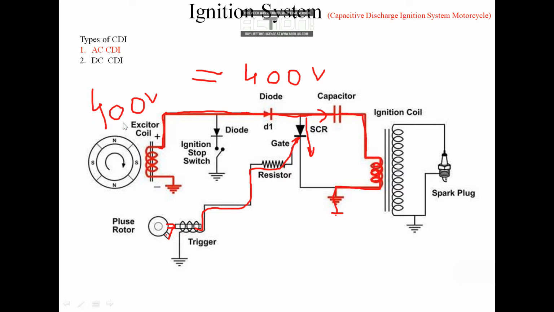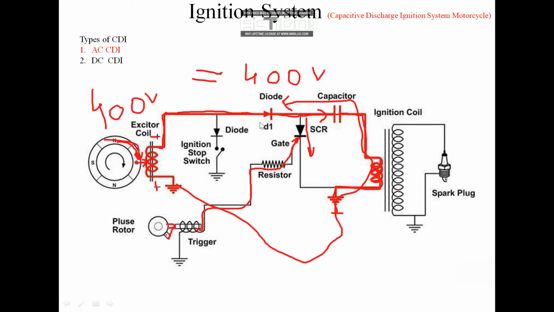Also remember, this S will not only be present in front of this thing. N will come here. Whenever N comes here, this becomes negative and this becomes positive, and the flow of current will not take place like this, because the diode is there, restricting the flow. So everything comes at the same time. This N reaches here. Whenever N reaches here, the polarity of this ignition exciter coil changes.